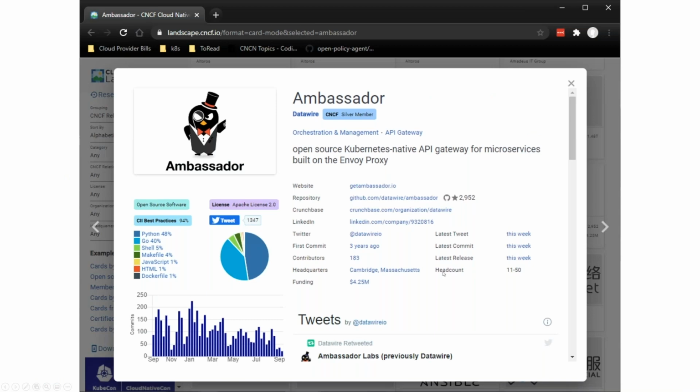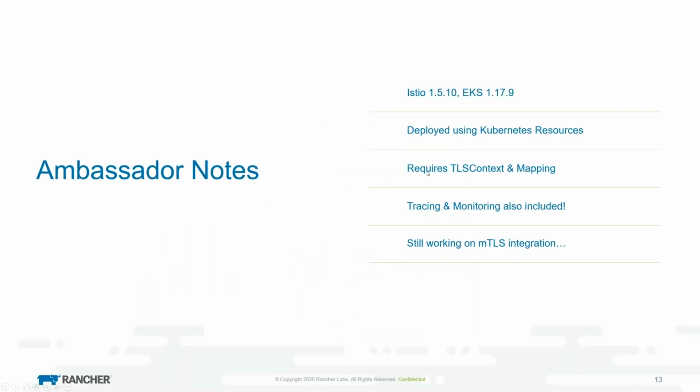And then you can see that they're a pretty small company, but they've been around for a fair bit of time. A couple of notes on the installation of Ambassador. I installed it with Istio 1.5.10 on EKS 1.17. I deployed strictly using Kubernetes resources, primarily because the Istio integration with MTLS, their documentation just has a deployment that you replace. And it made more sense for me to do that with vanilla Kubernetes resources